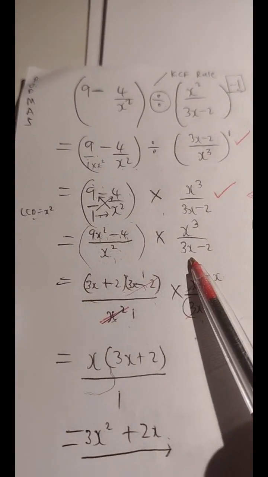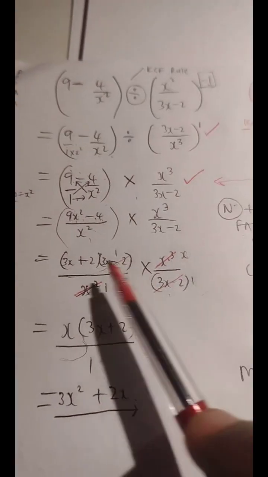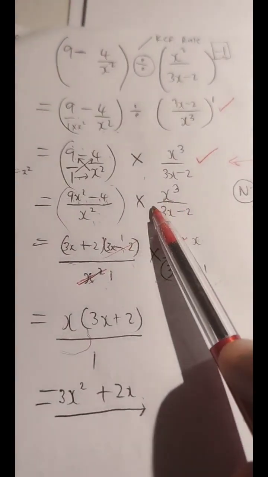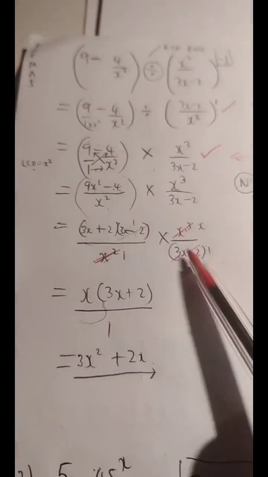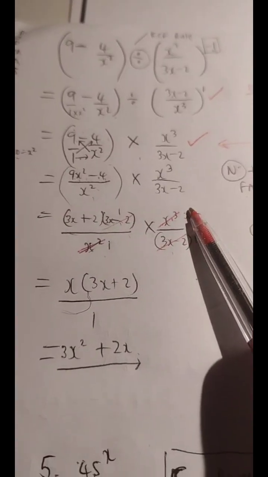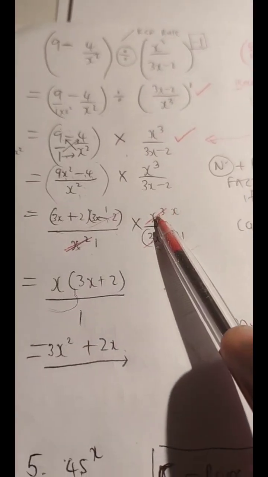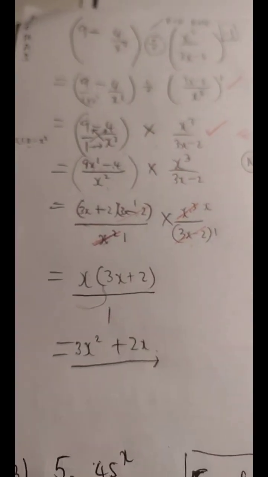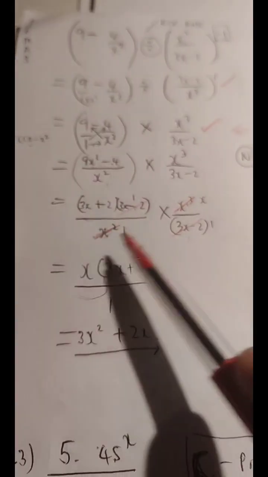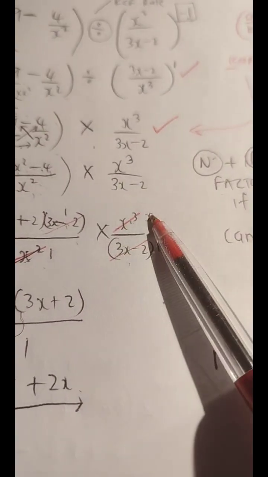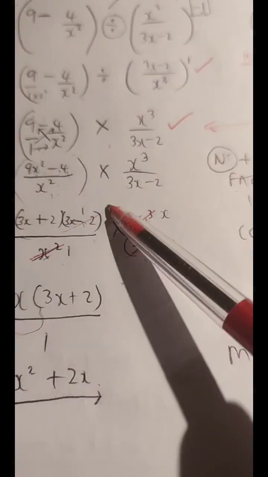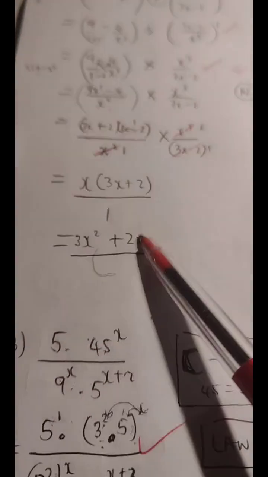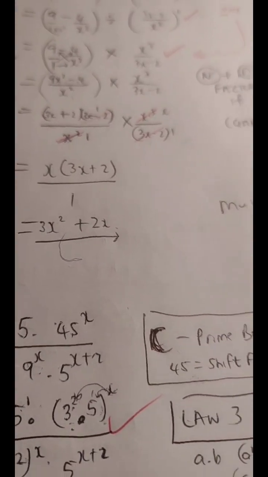Then x cubed over 3x minus 2. We factorize where possible. Denominator, numerator, numerator, denominator. Put these in brackets. We cancel what's common top and bottom. 2 of those x's are gone. We are left with just the number 1, not that we are left with a single x. No. This is 1 in the place of x squared being cancelled, and then that's 1x in the place of x cubed being cancelled. So then x into that 3x plus 2 gives us 3x squared plus 2x, plus 1 times 1 gives you 1, and that 1 in the denominator is not significant.